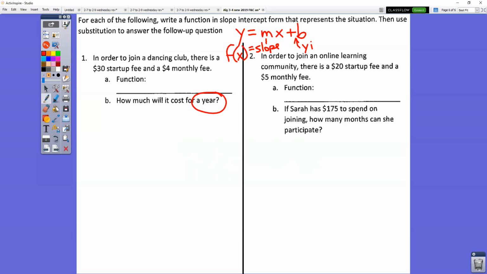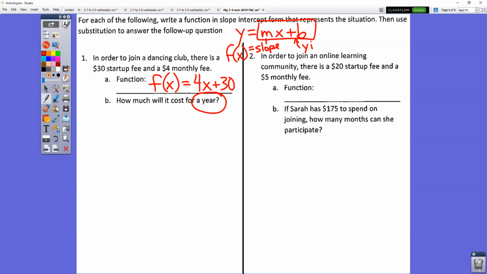So when I go to set up my initial function, all right, I'm going to have f of x equals, and now we want it to look like this. We want it to look like this: mx plus b. All right, that's the form that we wanted. So you're paying $30 just to join, but then you're paying $4 every month. So $4 times the number of months